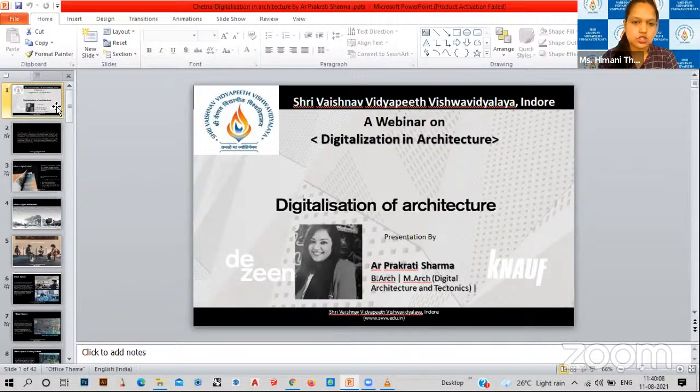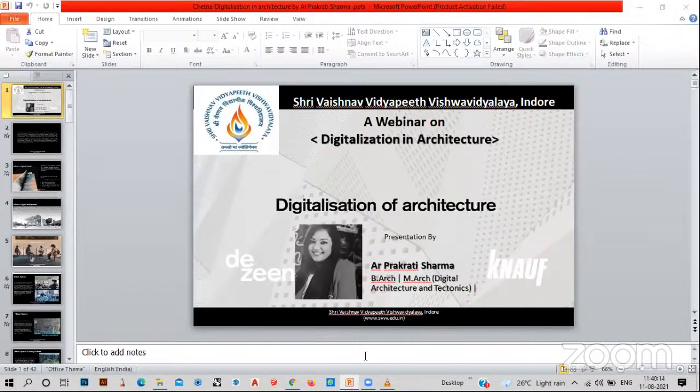How is this technology cost effective in India? Actually, if we incorporate this technology into our Indian context, it reduces human errors, it reduces labor costs, and it reduces the project time. And these are technologies which are already used by very big firms, like Zaha Hadid Architects and others, incorporated into our Indian context.